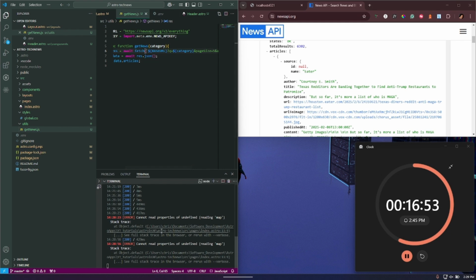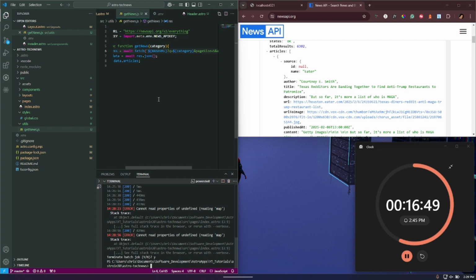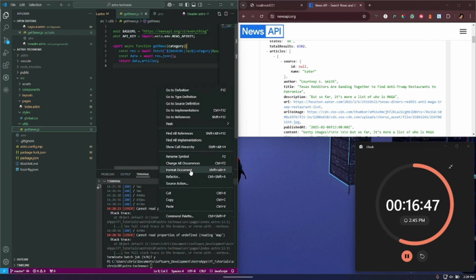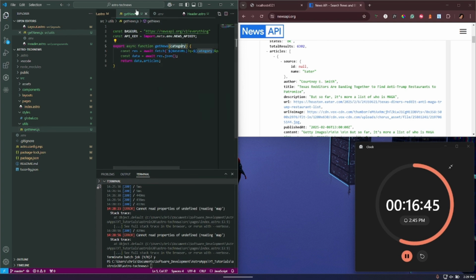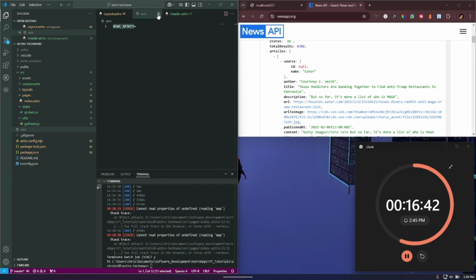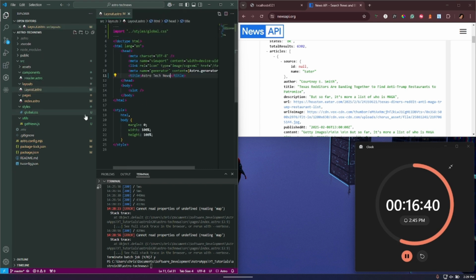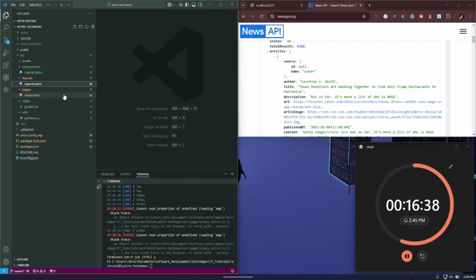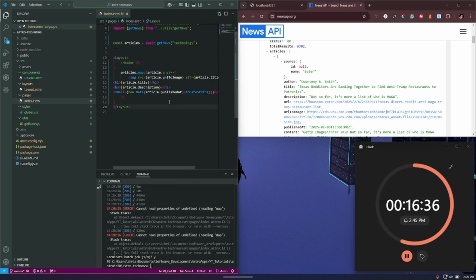Obviously, sorry, I've got it running in the background. I'm going to stop it for now because I haven't added the API key yet. So we close that, and close that. Okay, now we're only in the index file. Excellent. So we've got this small,